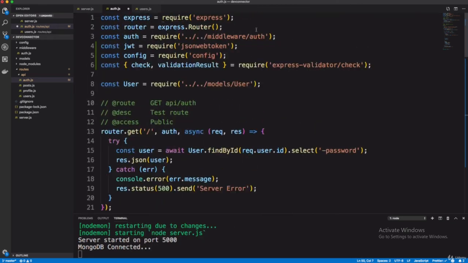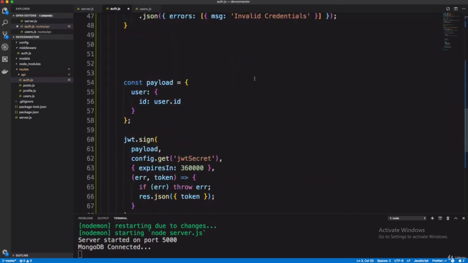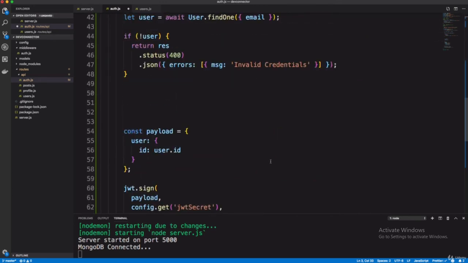So here we should first of all require bcryptjs, because we will match our password with the user password. If it matches, it will generate the token and allow the protected routes to be used.